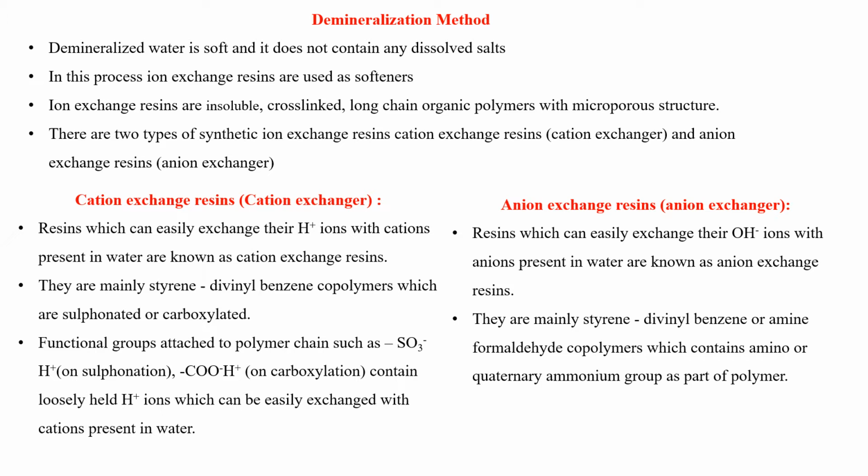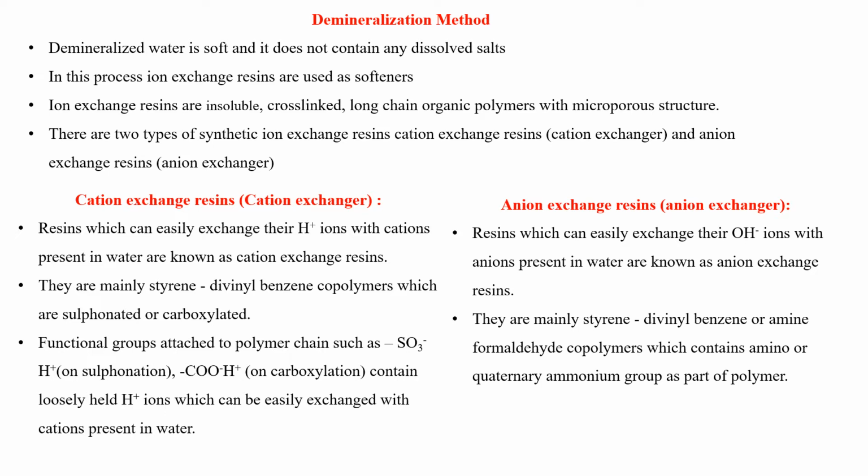Now demineralized water means the water which will be free from all types of ions in the water sample. So demineralized water means basically the water sample which does not have the presence of any type of salt, and will have only H+ and OH-. We see here when we are collecting the water sample from different resources like well water, river water, etc., then every water sample will have some type of salts. And demineralized water means it will be free from all types of salts. Now how can we convert this hard water into soft water?